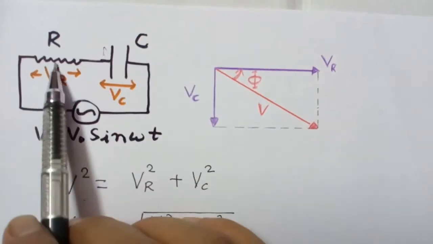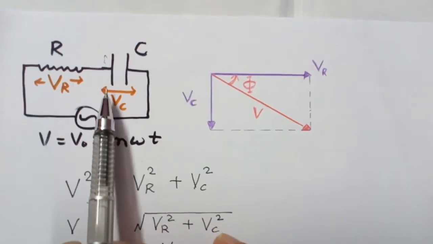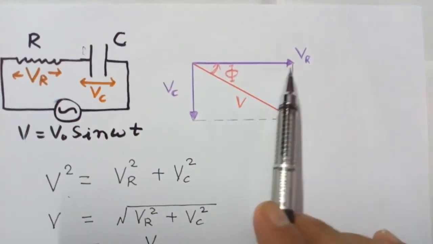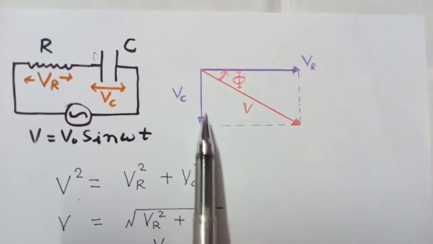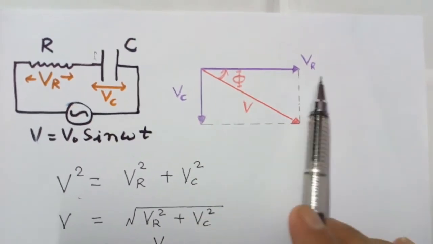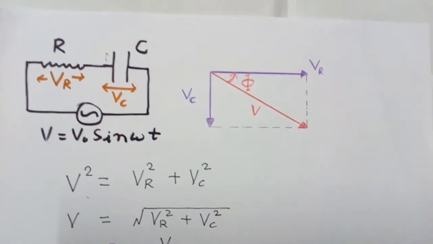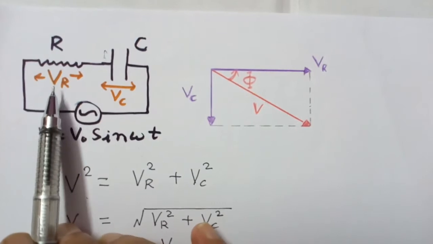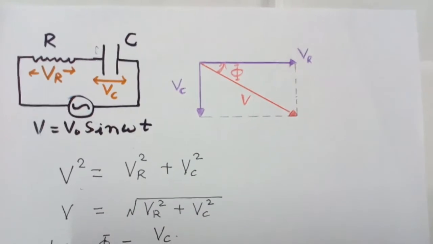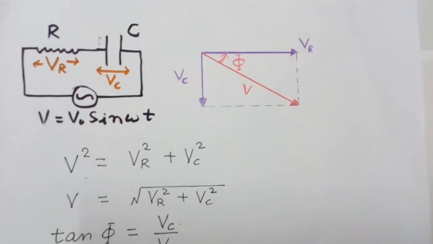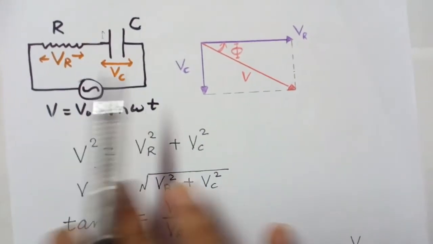So voltage across this combination means there is phase difference between voltage across resistance and voltage across capacitor. See in this phasor diagram, if this VR is in phase with I, then this VC voltage across capacitor is 90 degree behind the current, because current leads the voltage. So this is VR and this is VC. यहाँ एक बात आपको क्लियर करते हैं कि ये VR और VC वेक्टर नहीं है, ये केवल वेक्टर फॉर्म ऐसे बनाए गए हैं फेस डिफरेंस की कारण, ड्यू टू फेस डिफरेंस.